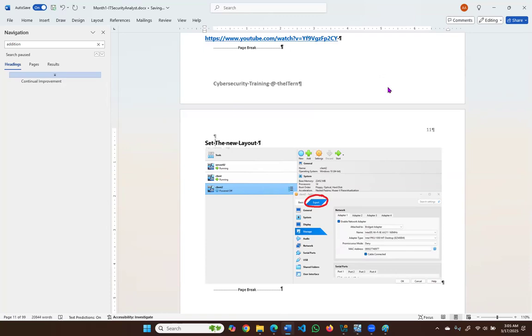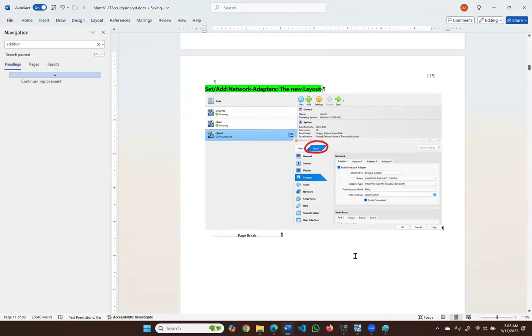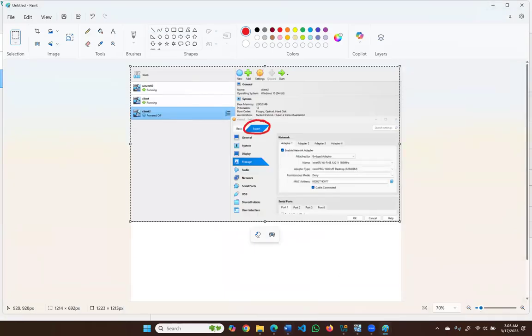Let's set or add network adapters. The new layout is important until we get used to it, so for that reason I'm going to color it. All right, Control S. Now that we found a way to do it, I'm just going to go back there